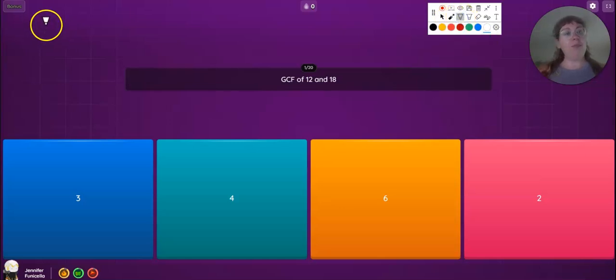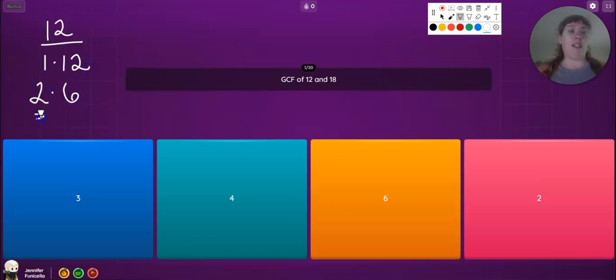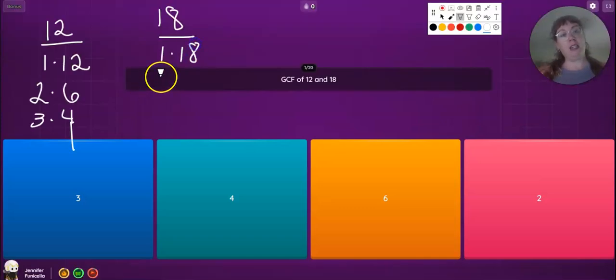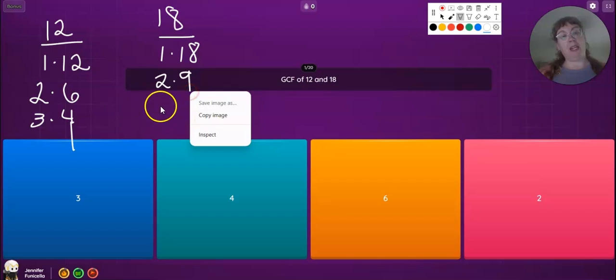Now, some ways that you can figure this out is listing all the numbers that multiply to 12. 1 times 12, 2 times 6, and 3 times 4. So these are all of our factors of 12. And then if we start looking at 18, 1 times 18, 2 times 9,